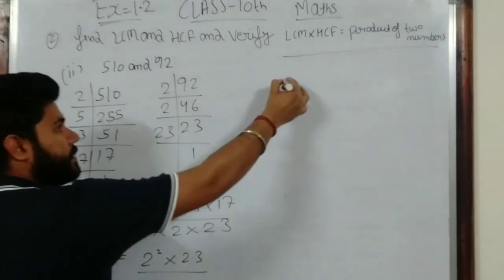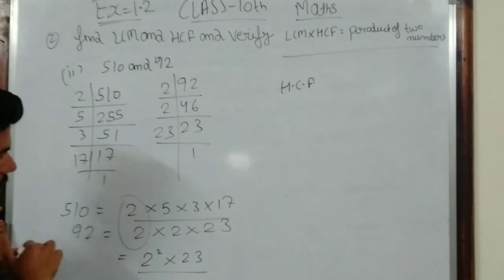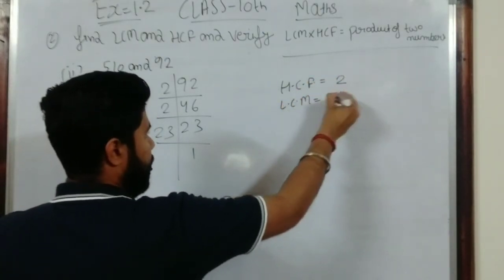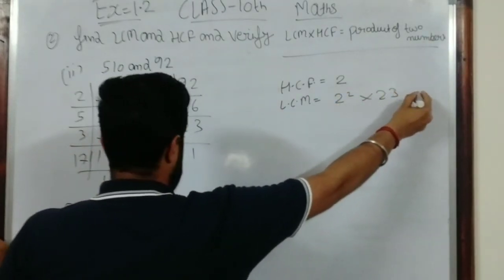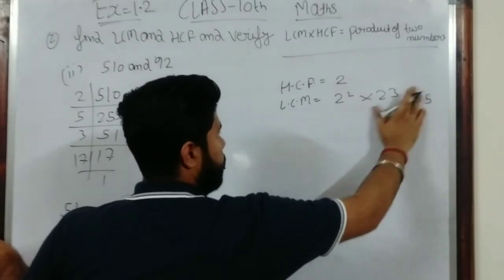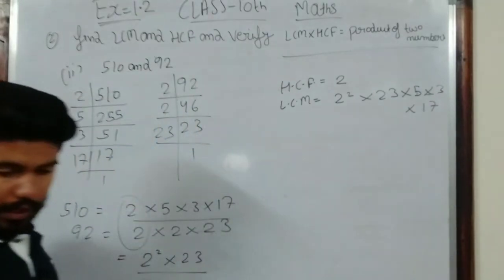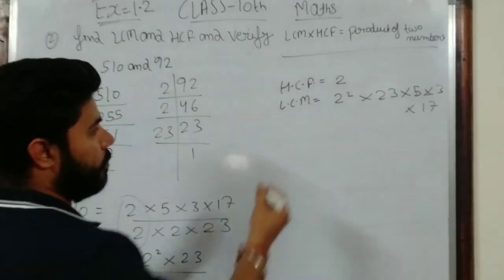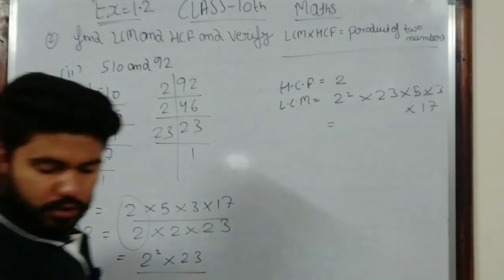So what will be the HCF? HCF is the common factor. What is common in this case? Only 2. The HCF is 2, and the LCM is equal to 2 square into 23 into 5 into 3 into 17. That means we take the highest power of the common factors in this. So the answer is 2 square, 23, 5, 3, 17, that is